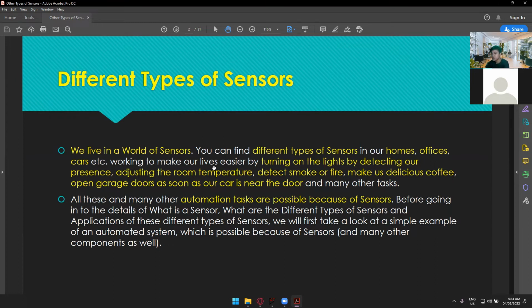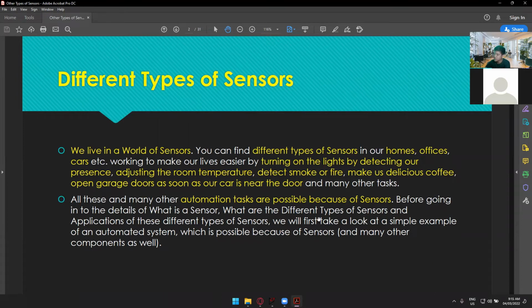We make our lives easier by turning on the lights by detecting our presence, adjusting room temperature, detecting smoke or fire, making us delicious coffee, opening garage doors as soon as our car is near, and many other tasks, just by having different kinds of sensors and making them automated into a certain device. All these and many other automation tasks are possible because of sensors. Before going into the details of what sensors are, the different types of sensors and their applications,